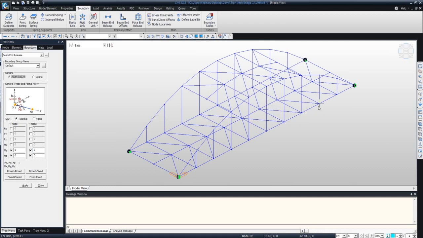What I can do is change my selection filter. Something that all of these hangers have in common is that they're all in the Z direction. So let's say I want to only select elements that are in that direction. Just go here to the selection filter and change this to Z, and then